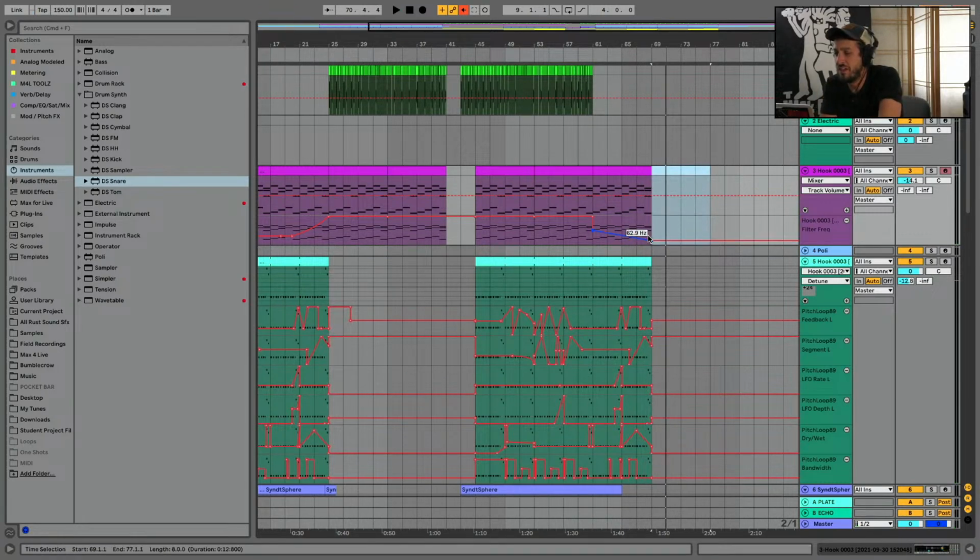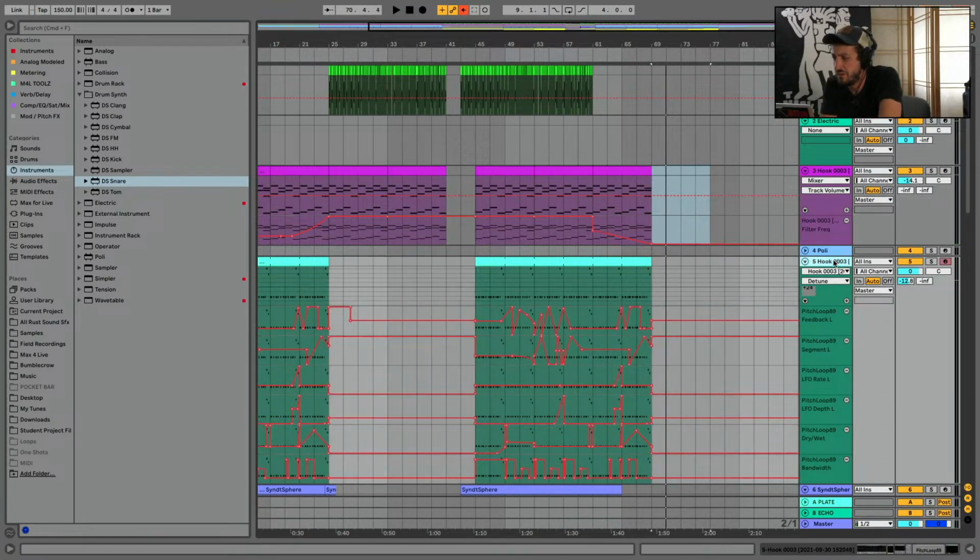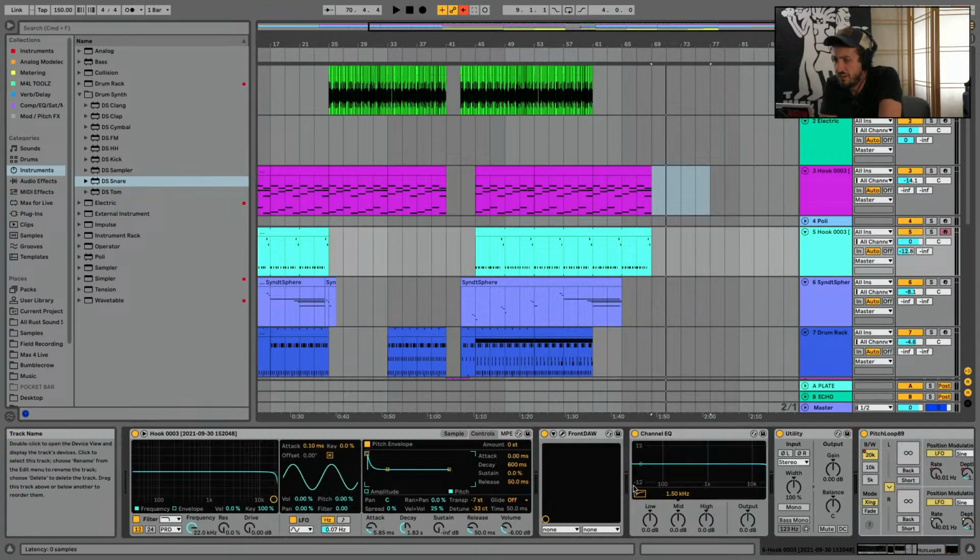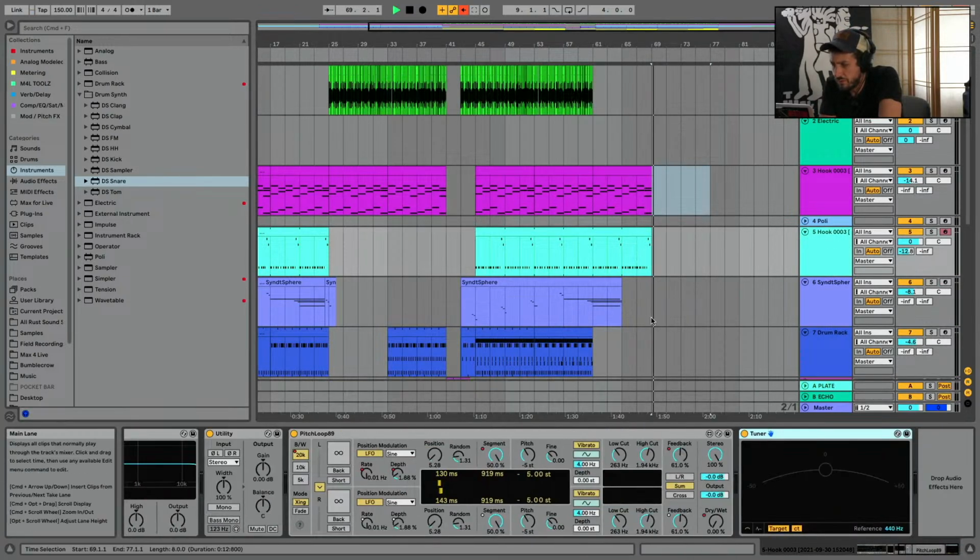Well, it somehow manages to end tidily, but I want something stranger to happen with that pitch loop plugin.